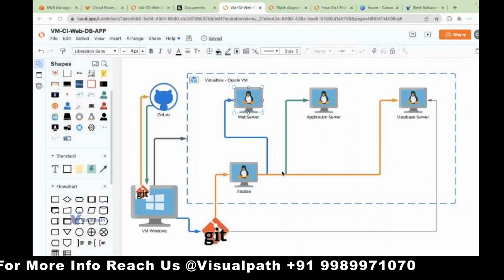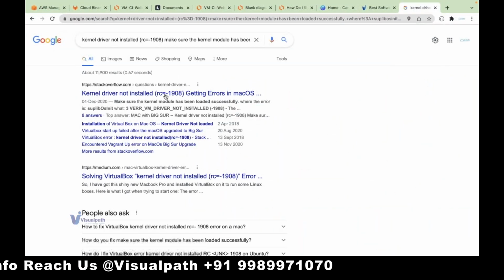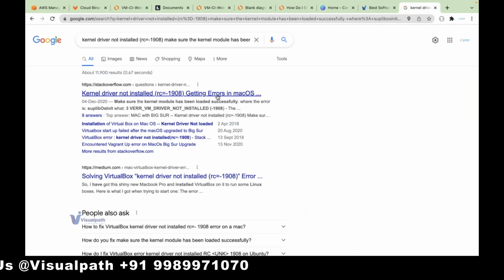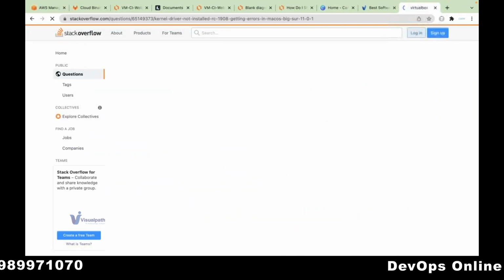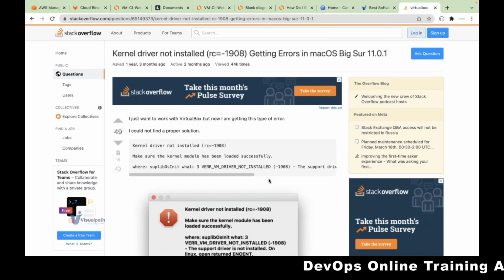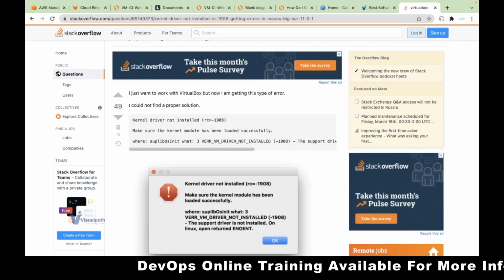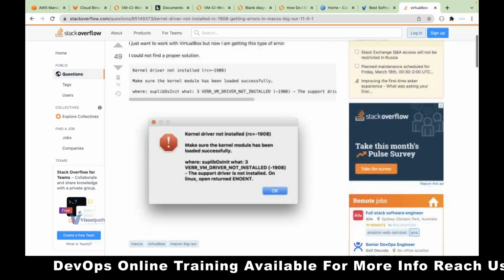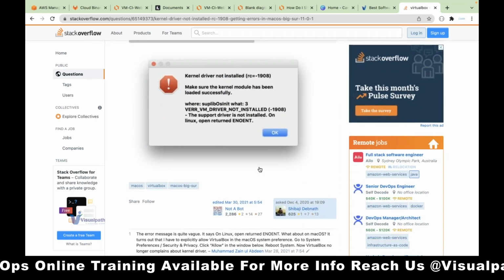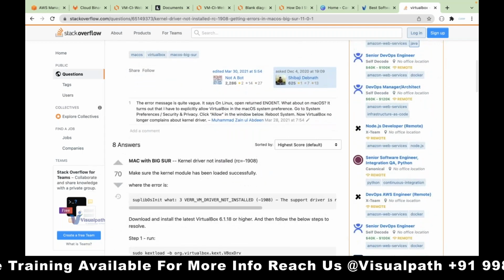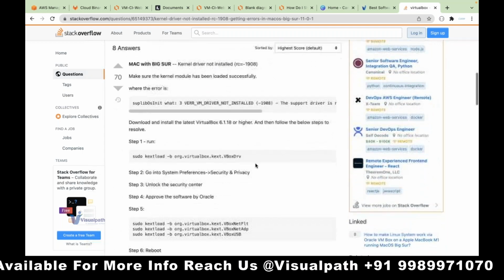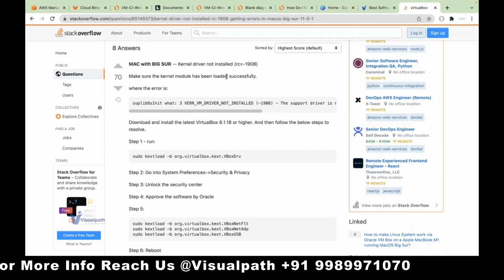This is the error I have. Kernel driver is not installed. When I try installing one of the Linux machines on my VirtualBox, I have this issue. Even if you're doing it for Windows, you also see a VT-X issue. VT-X means virtualization should be enabled. I have some answers from a Mac. It says that